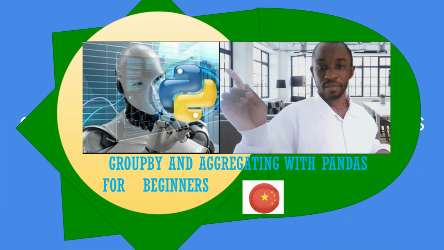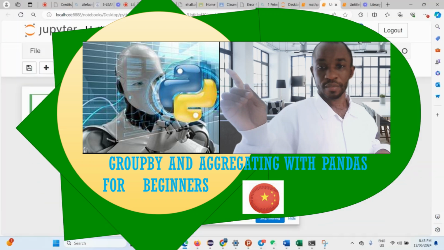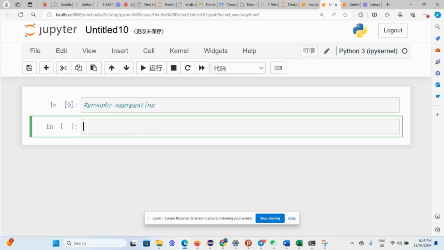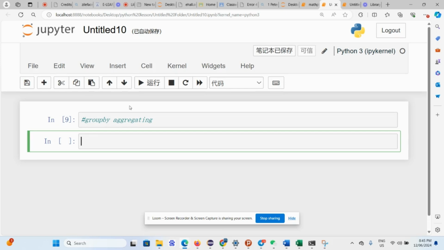To this next stage. This is our lesson. Today our objective is that we are going to work on group by aggregating. Okay, group by aggregating. So before we start,